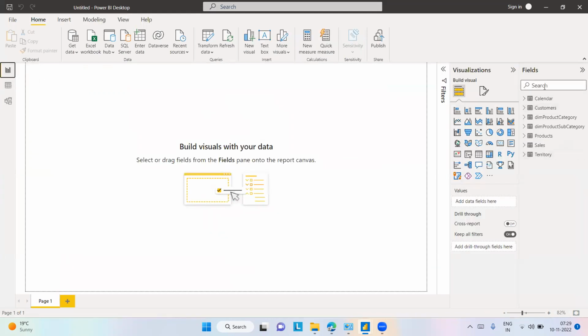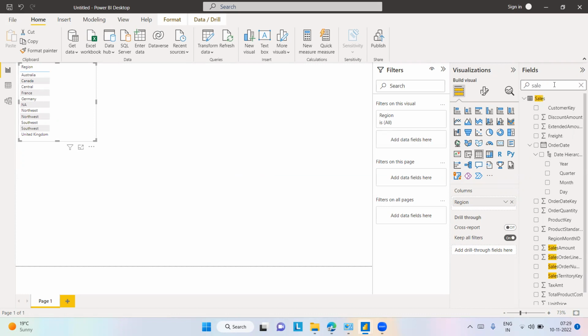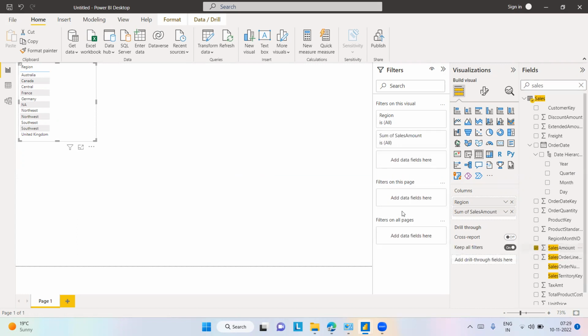Let me go here, and I can search like this. Why? Because when you go to real time, you will have many data sets in the model. In such situations, if you know the column names, you can search like this. So very quickly you can do that. And next one, sales amount. You can see the sales amount here, and when I use that,